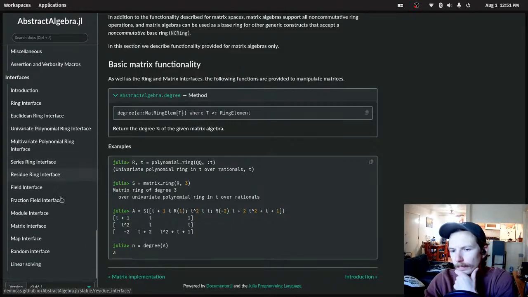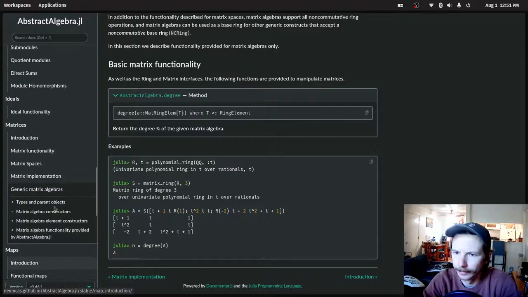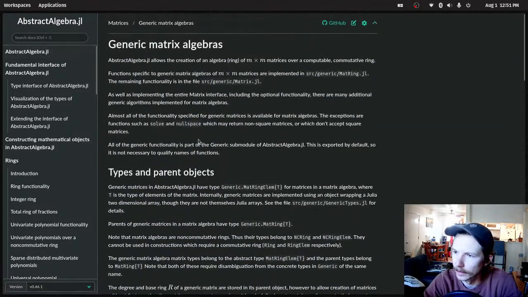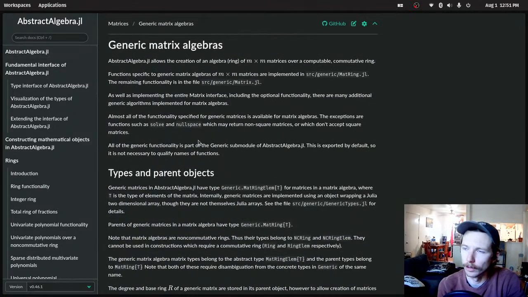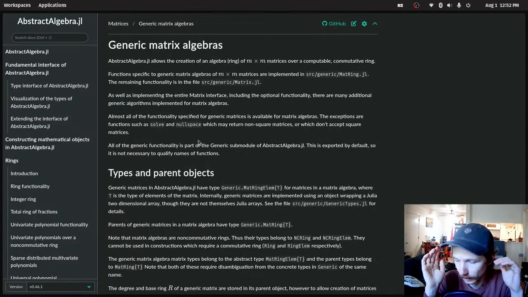So, it throws a little bit of a wrench in things to the point where, like, what do we want to do with matrix algebra type in the central symbol algebras? Like, you should be able to call matrix algebra, and then we'll probably make just a split algebra type, and then make functions for something like this, right? Like, if you call matrix algebra tensor some arbitrary central symbol algebra, you just get